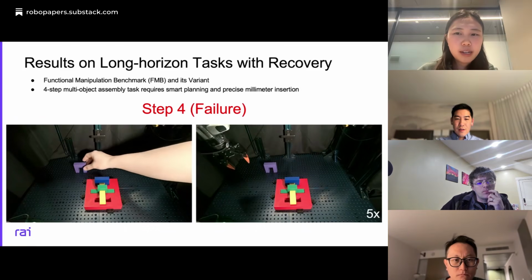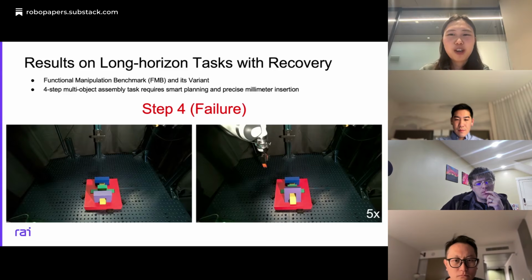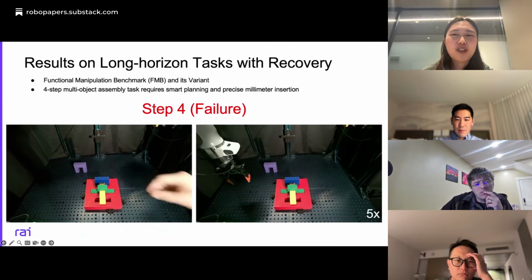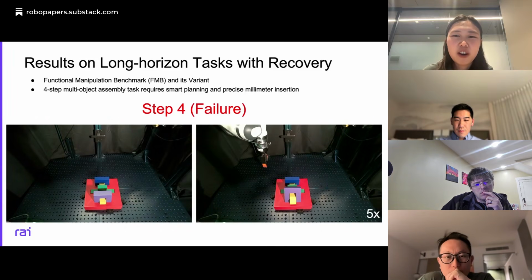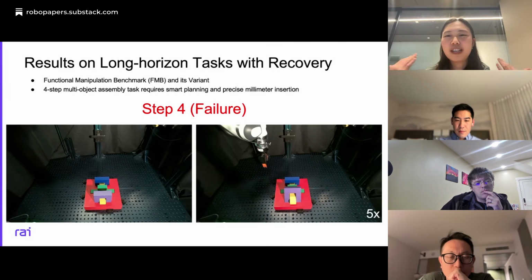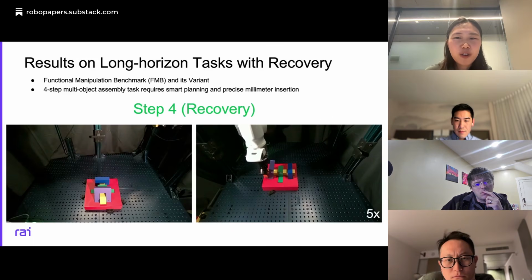Now you can see here in step 4, the purple one has the longest distance from its starting position to the goal position. So it's very hard to get it in directly on the first trial. That's why I encountered an error here. It didn't go directly into the groove, but actually sits leaning back onto the green one, and so that's why we query the VLM.